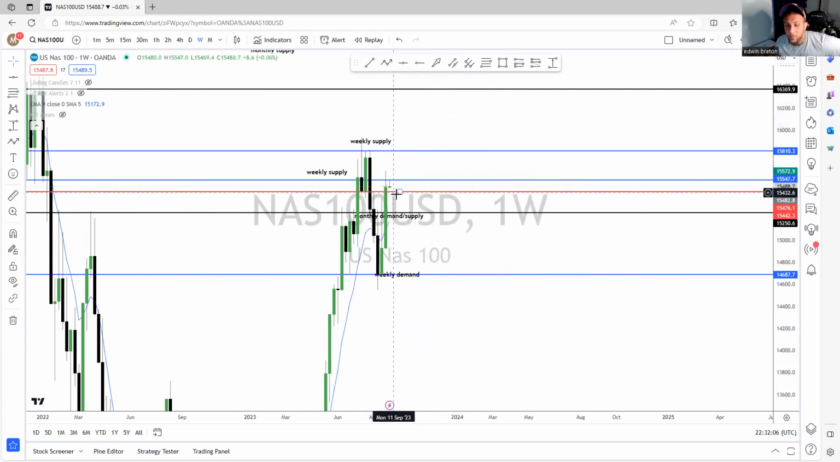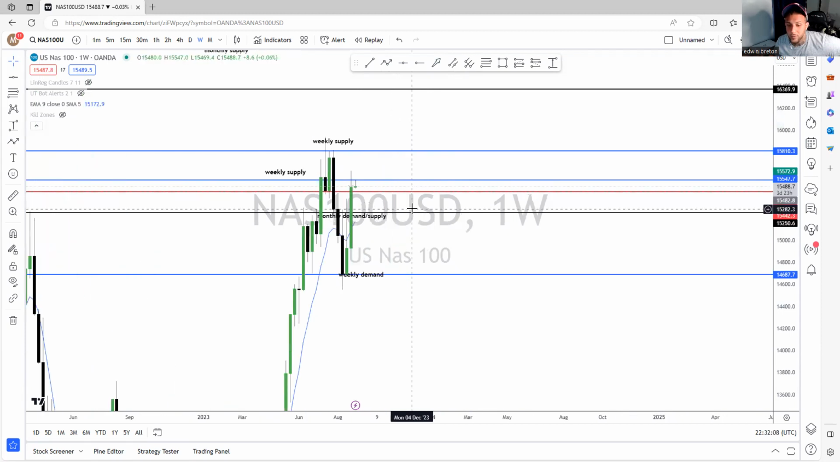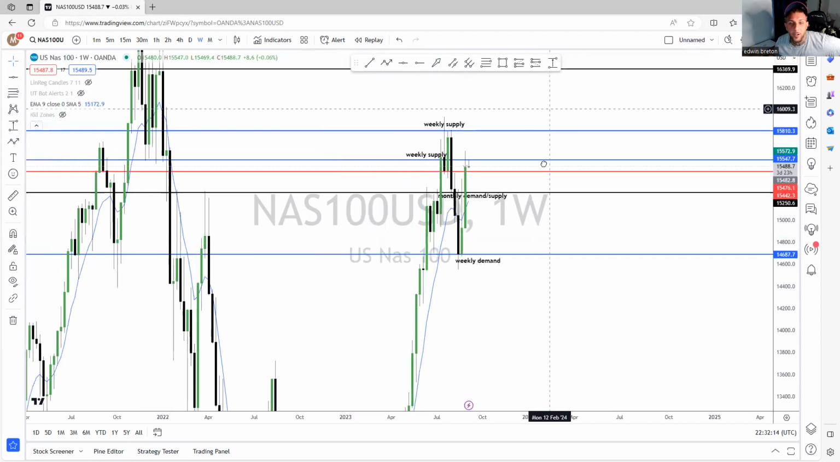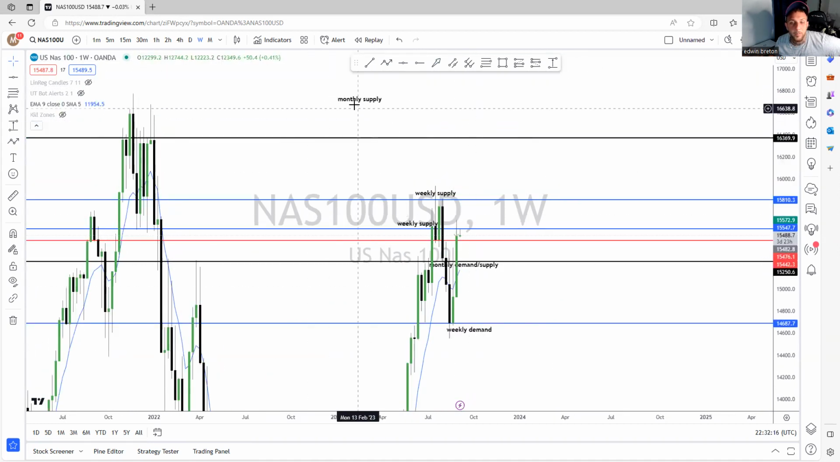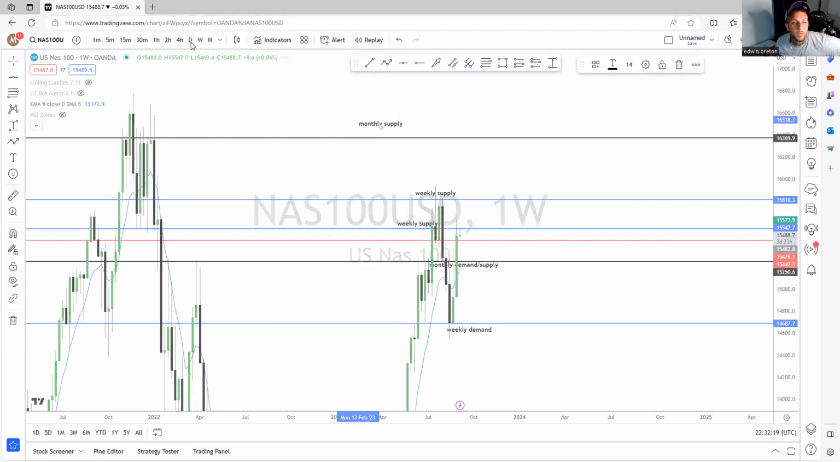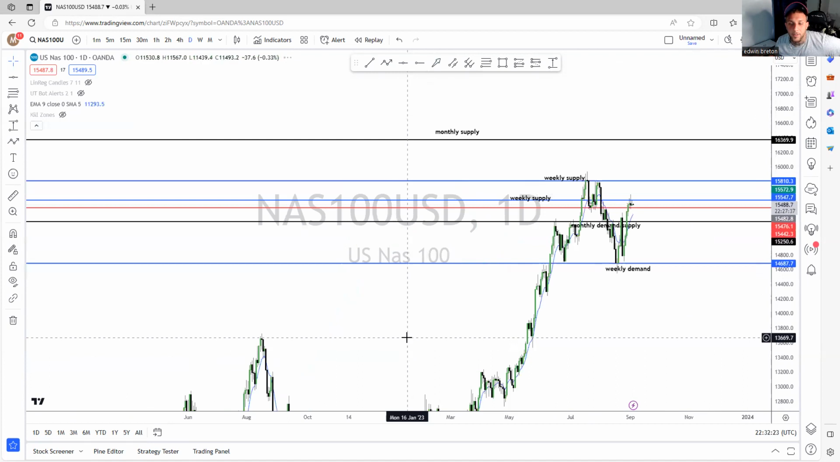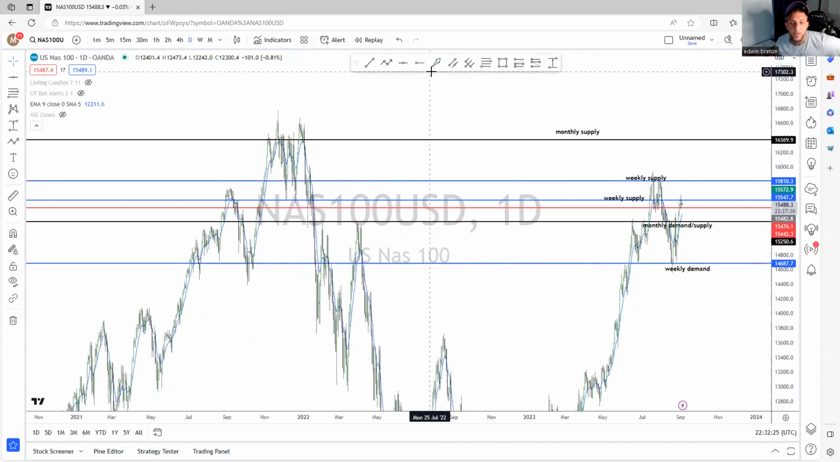If not, then I want to see a break of this daily zone, which I'm going to show you now. Let's just make sure we have our weekly demand, weekly supply. Cool. We got our monthly demand, monthly supply up here. Awesome. Let's go down to our day charts. Now we can kind of see these levels being respected